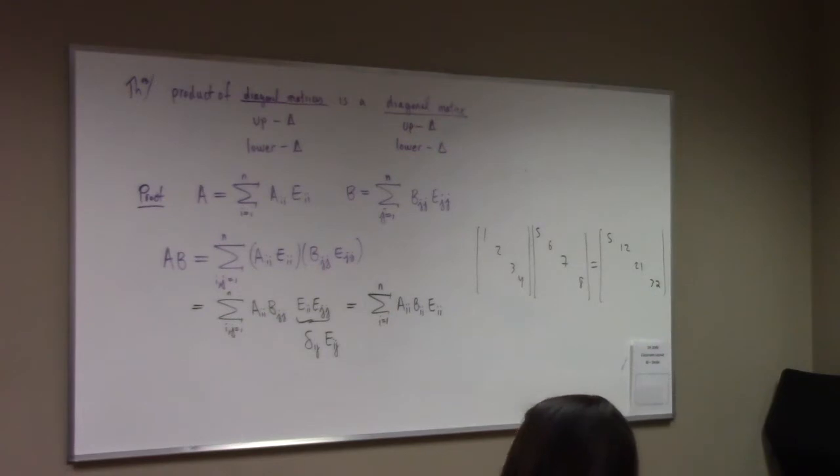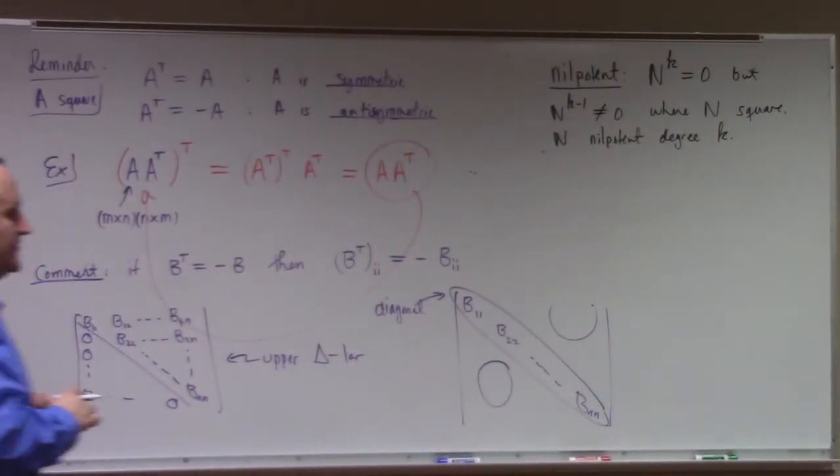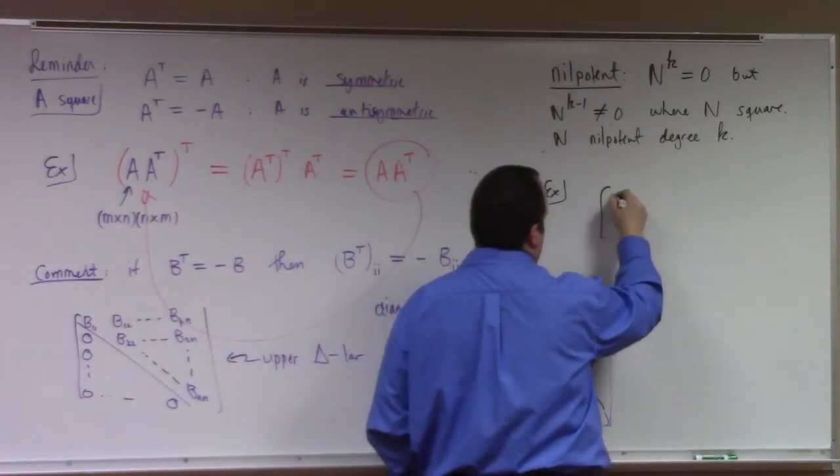So that means that n to the k is equal to 0, but n to the k minus 1 is not equal to 0, where n is square. That makes n nilpotent of degree k. So nilpotent matrices are, again, a special thing that comes up in the classification of matrices. They're kind of neat. For example, if we look at the matrix